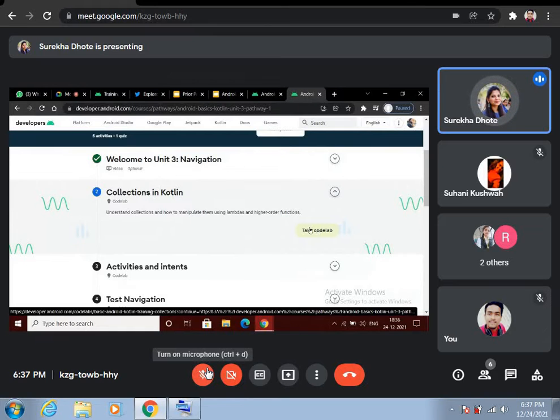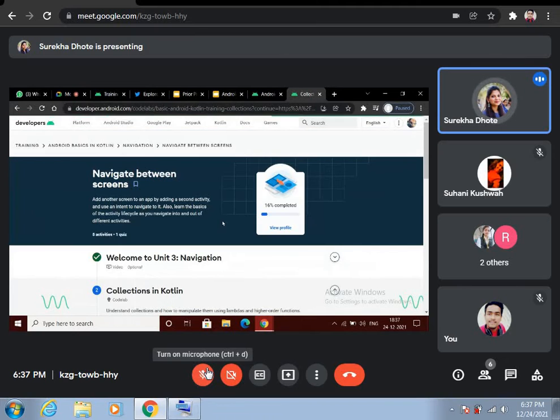Let's move to the codelab Collections in Kotlin and learn more about what collections are in Kotlin.